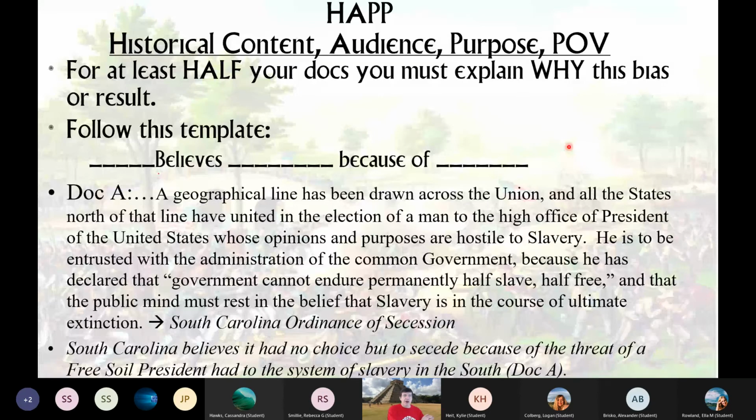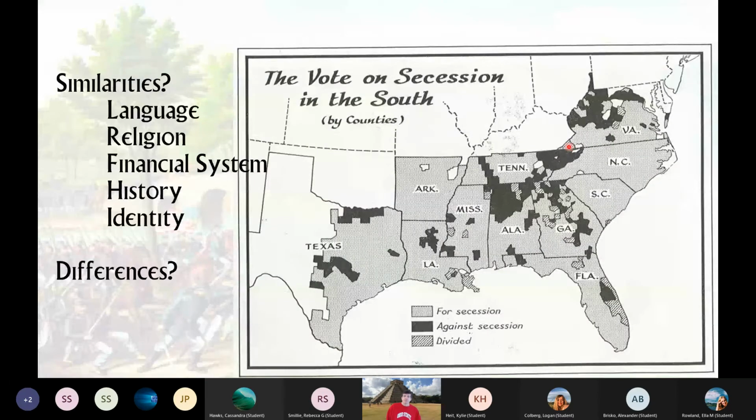All right, so with that, here's a great thing about video. You can stop it and go back and look. So the thing about this is, when you start looking about why they went to Civil War and all of this happened, there are a heck of a lot more similarities than there are differences. I mean, look at all these similarities.